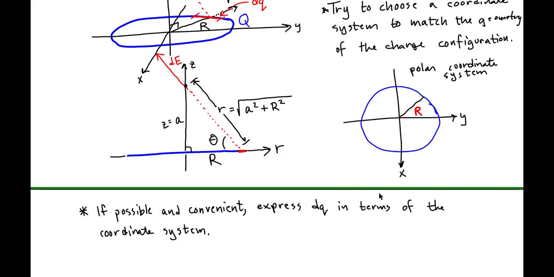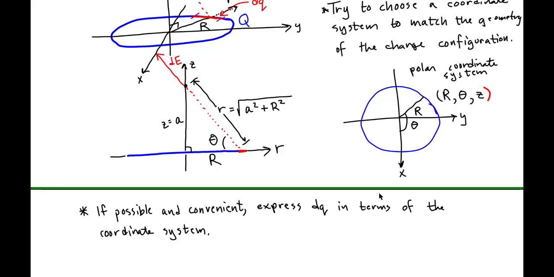But in our polar coordinate system, we would have r, which is a distance in the xy plane from the origin. We'd have an angle theta. Theta is measured counterclockwise from the positive x-axis, so that theta would look like this. And we would have z, which is measured along the z-axis, and this is our triplet that represents a point in a three-dimensional polar coordinate system.